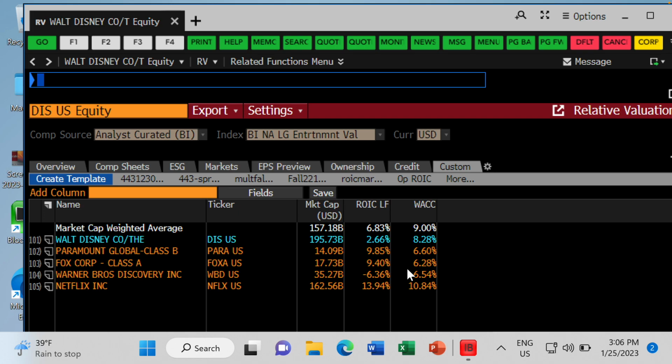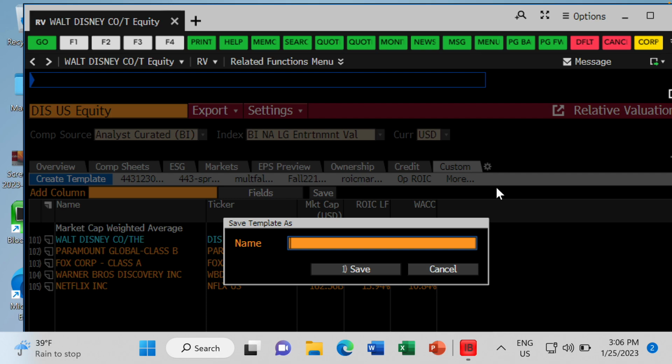Does that make sense? But at this point, before we get to the individual companies, I just want you to know that some industries are more attractive than others, and that's the point I want to emphasize. So here's the deal. You're going to save this template for reuse. Once you create this template, you click on this gear icon and save it so you can reuse what you just did.